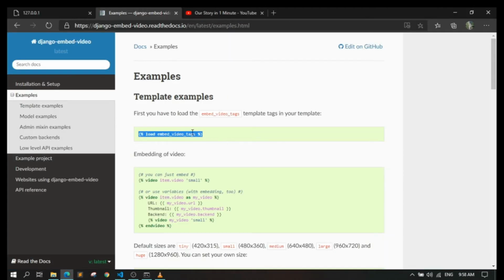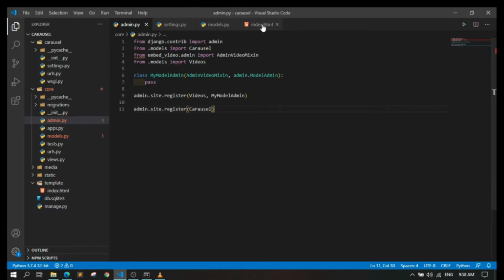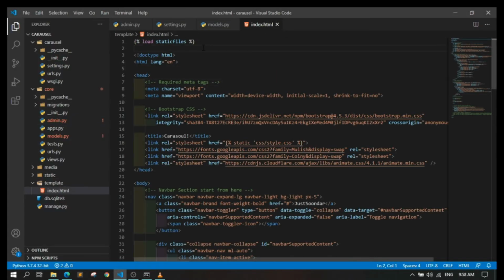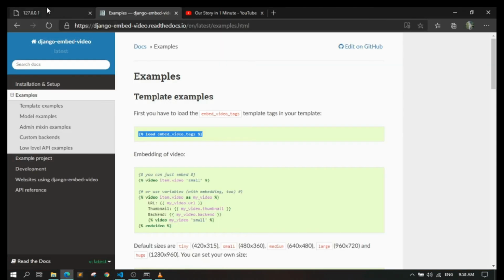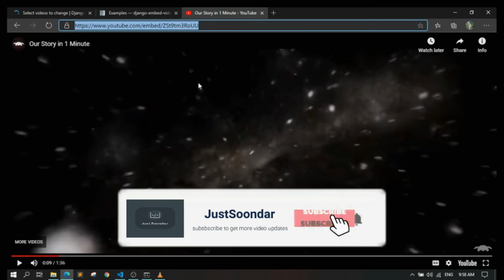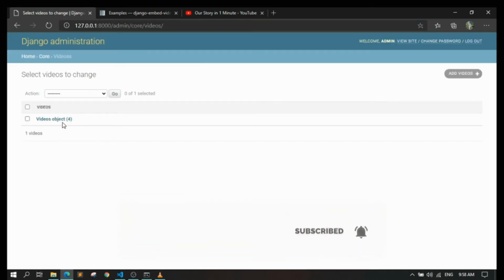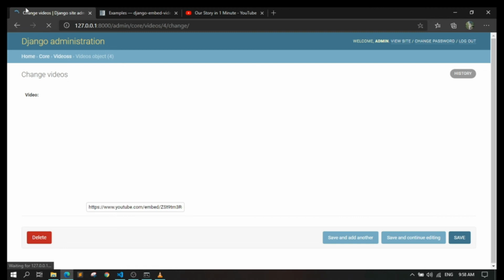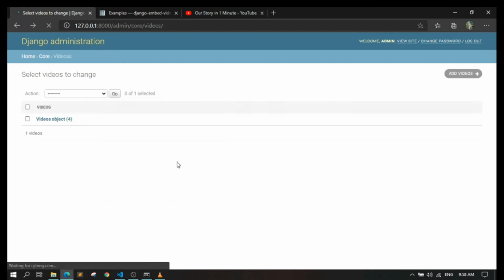Now let's load this text in our template file. Copy and paste it here. Go to your admin site and add a URL. We have this URL here, so we'll paste this in our